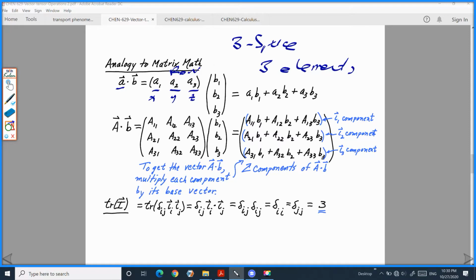In the second one, we write it in column form. Then we obtain the dot product element by element. We multiply the first elements, plus the second elements' multiplication, plus the third elements' multiplication. And for the dot product between the tensor and the vector, let's write the tensor in its 9 elements like